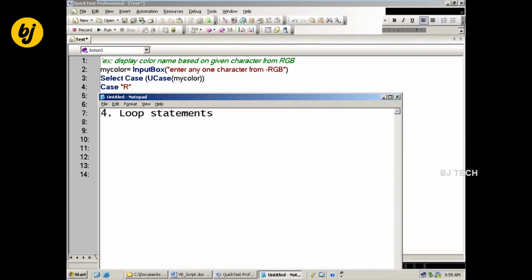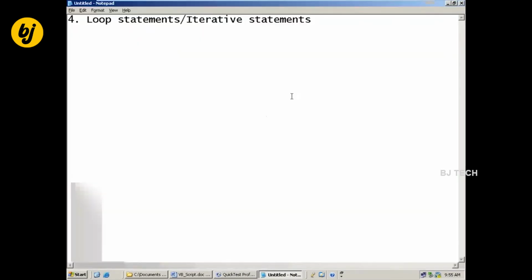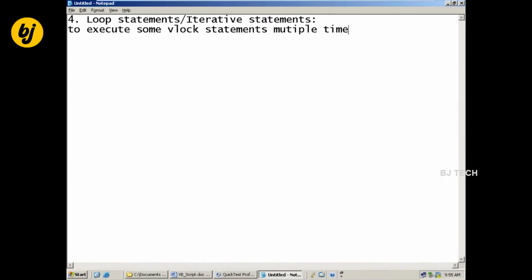Loop statements are iterative statements. So what is the purpose of these things here? To execute some block of statements multiple times. We can go for the loop statements.